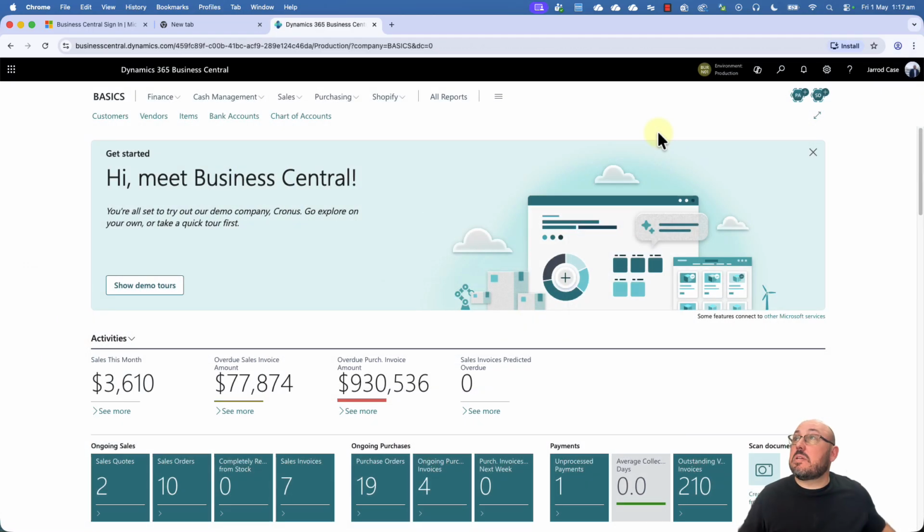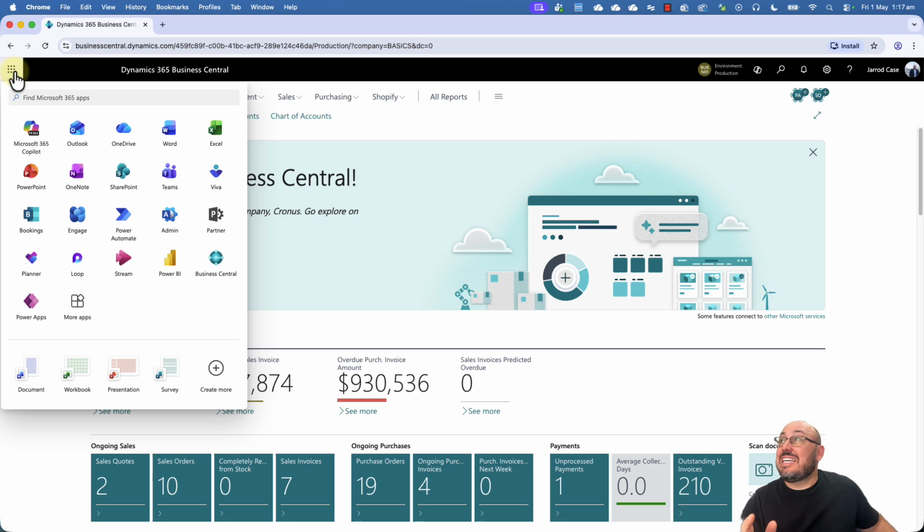Okay, here I am signed in to Microsoft Dynamics 365 Business Central. I'm going to close my first 2 tabs, and what we want to do is to navigate into Business Central and find our way around this app. Before I do, I want to point out something. This is a Microsoft application. It's sitting here within your Office 365. If I was in, for example,